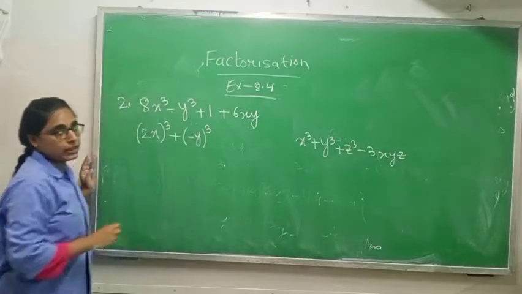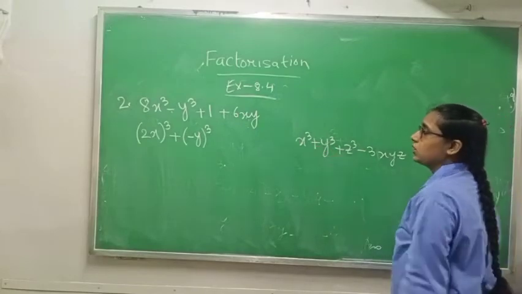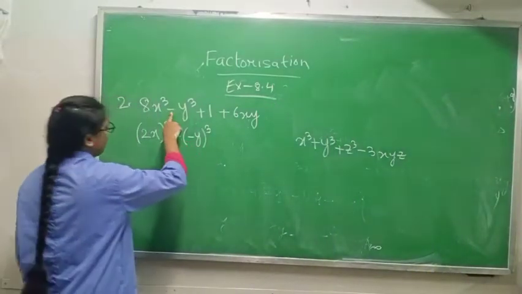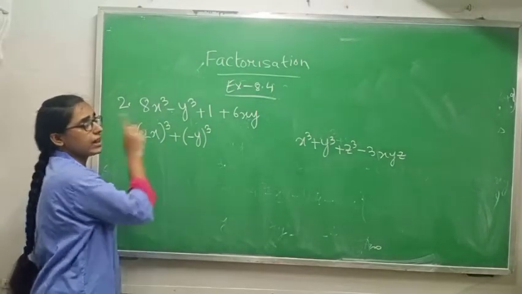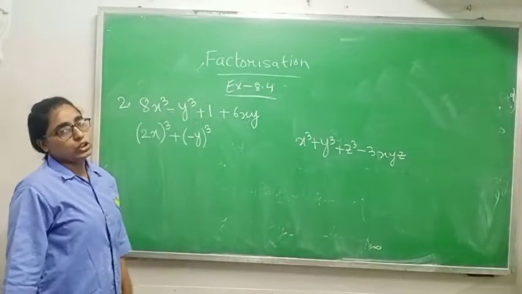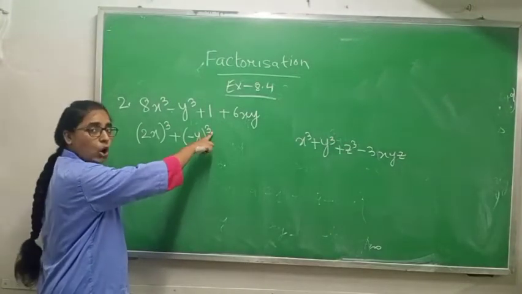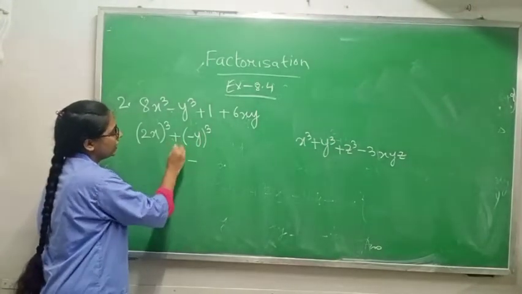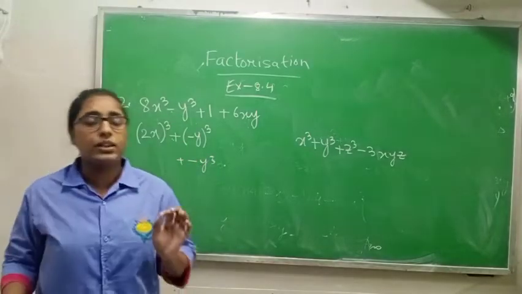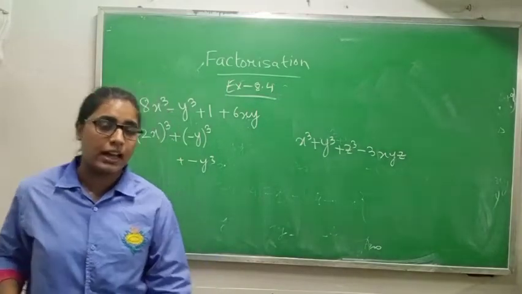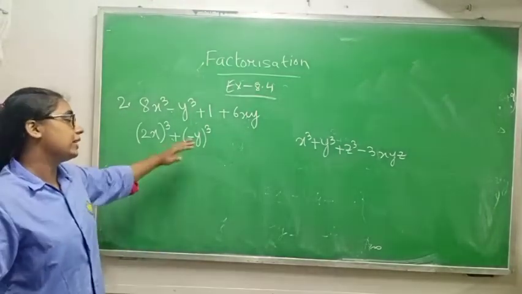inside the bracket. Again I am repeating, in the formula it is x cube plus y cube plus z cube. The sign is positive, but in our question the sign is negative. At that time you will give a plus sign and inside the bracket you will write that minus sign which is given in your question. Now if you open it, since you have an odd power, the minus sign will come. Only whenever you have a minus sign in place of a plus sign, to arrange it into the formula you have to write that minus sign inside the bracket.